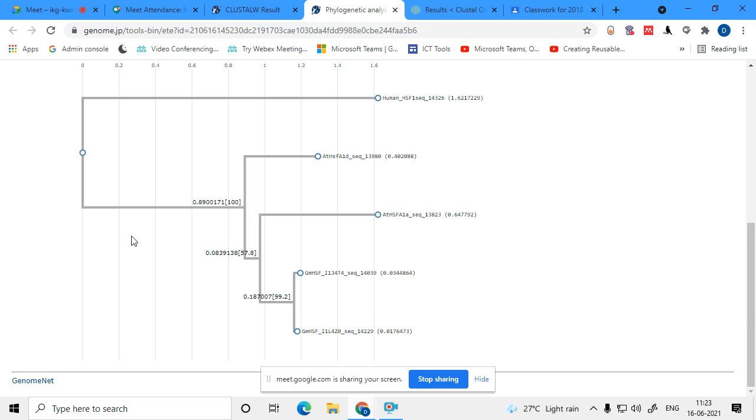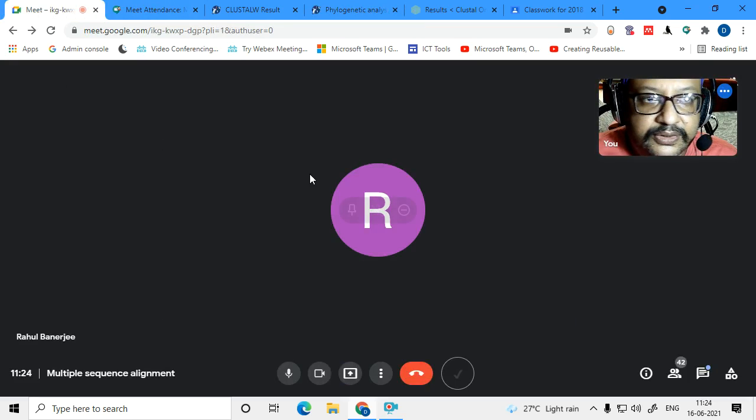So this is how you do an analysis. So this is how you draw it. You can do this even for a whole organism itself. You take, say, ribosomal RNA sequences, one from Arabidopsis, one from Glycine max, one from tomato, one from human, one from another species, and align. From that you can construct a phylogenetic tree based on molecular sequences. So this is the end of my class.